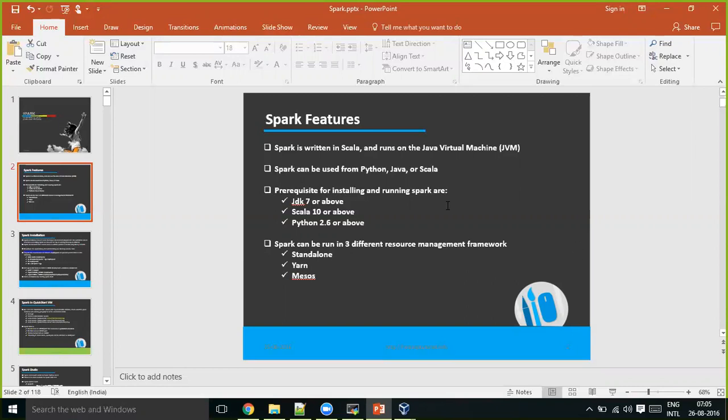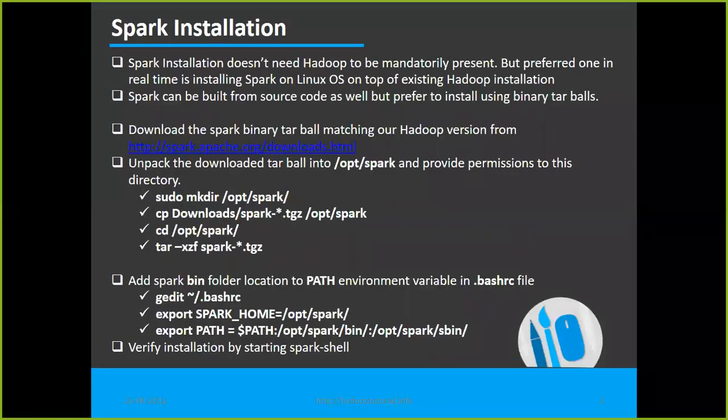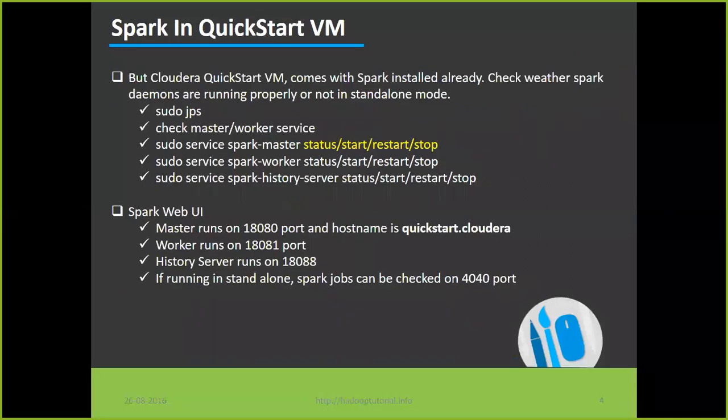So we were discussing some of the basic points about Spark last week: basics, installation setups, and what the services are, the master and worker node and history server. These will be available only in pseudo Spark standalone cluster, at least, or even in a distributed standalone Spark cluster.